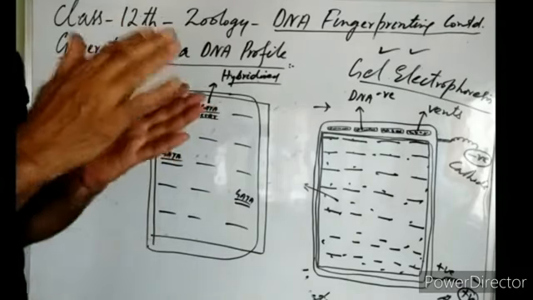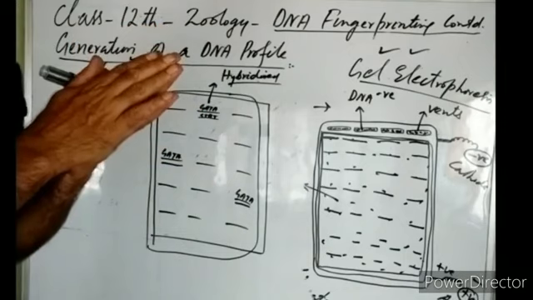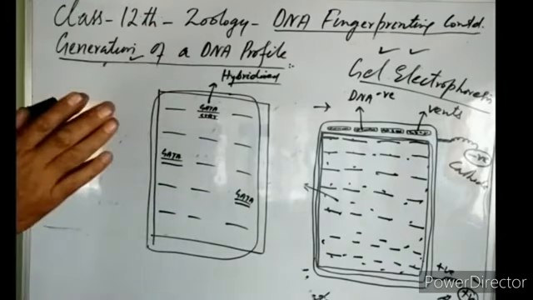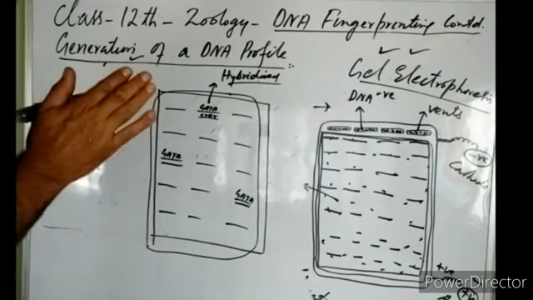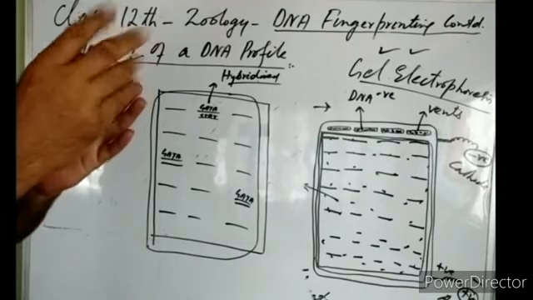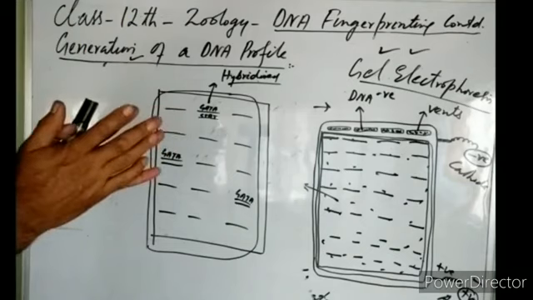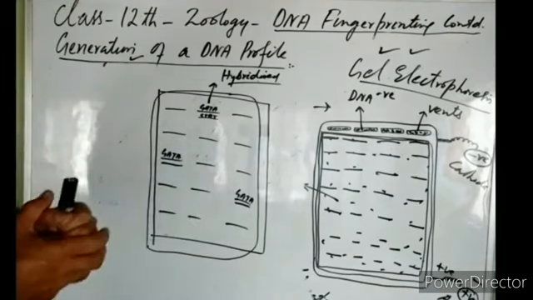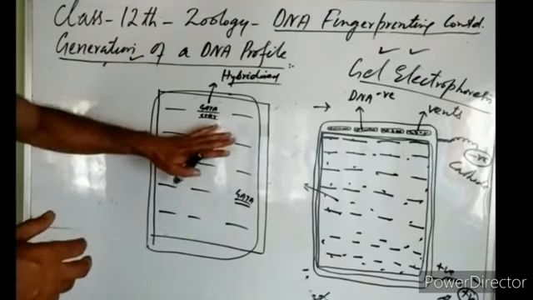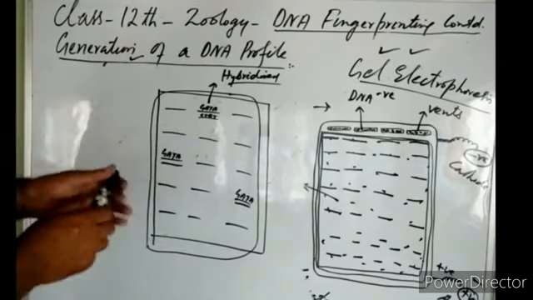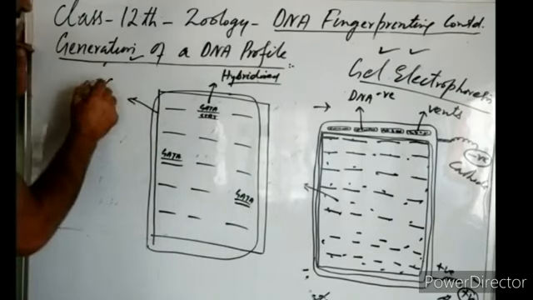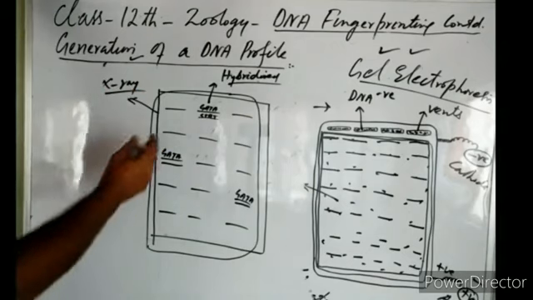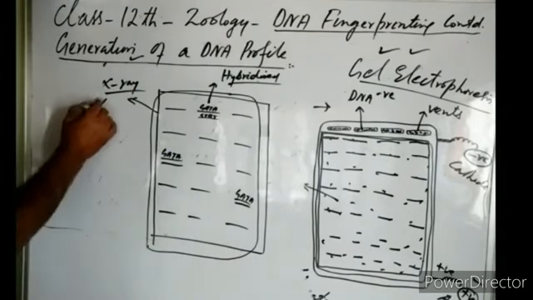So they put an X-ray film over the nitrocellulose paper. On the nitrocellulose paper, there are some stretches of DNA having radioactivity. Those radioactive stretches of DNA emit radiation. And because of that radiation, the film gets exposed in these parts, right? So after putting the X-ray film on this nitrocellulose paper, then this X-ray film is removed and it is developed.